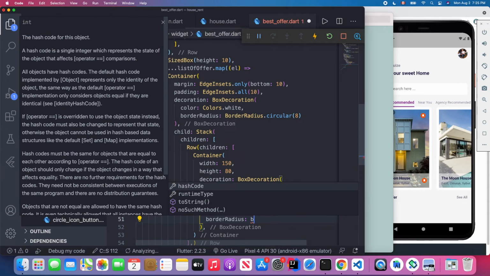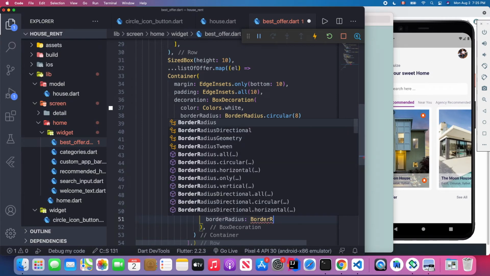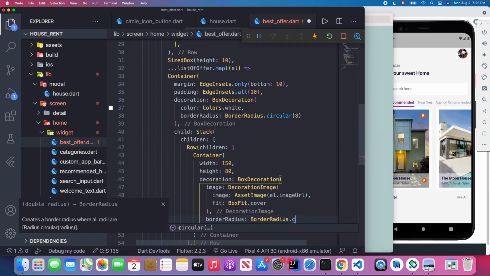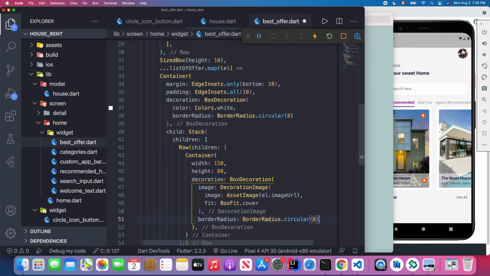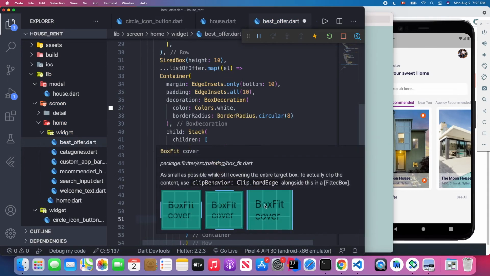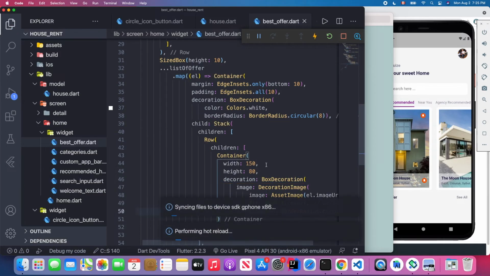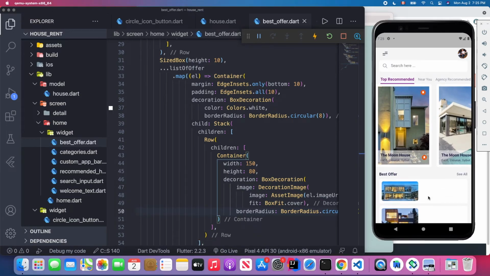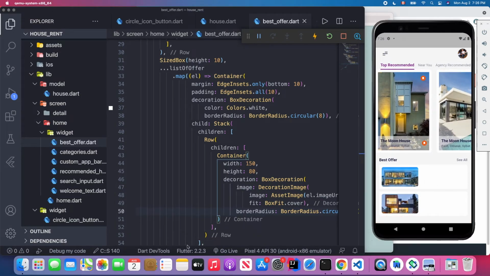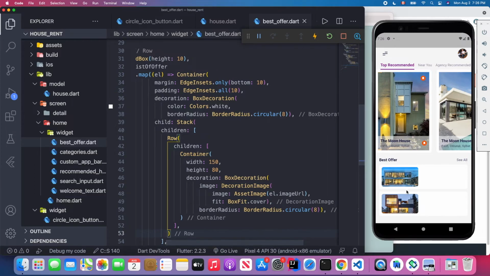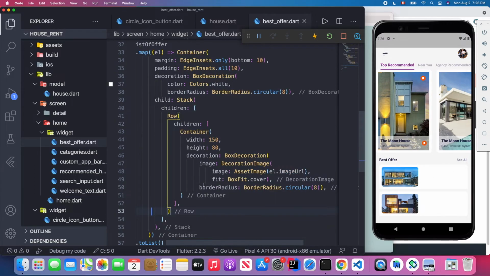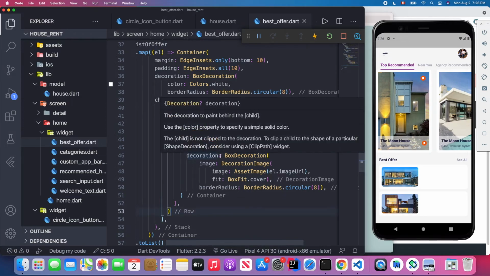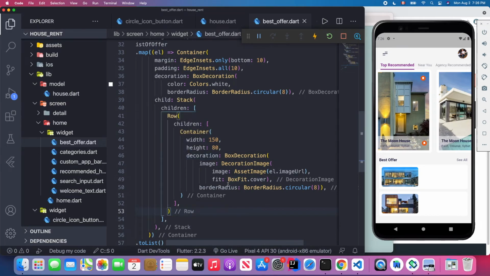Okay, sorry. Radius.circular, I just give it 8. Okay, so let's see, okay, it's coming here, right? And it seems good to me now. And then we probably need to implement